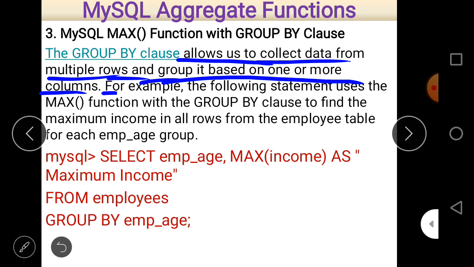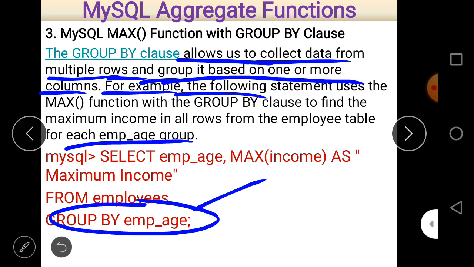For example, the following statement uses the max function with the group by clause to find out the maximum income in all rows from the employee table for each employee_age group. So here everything is the same as the previous query, but in place of the where clause there is a group by clause, and we make a group on the basis of employee age.